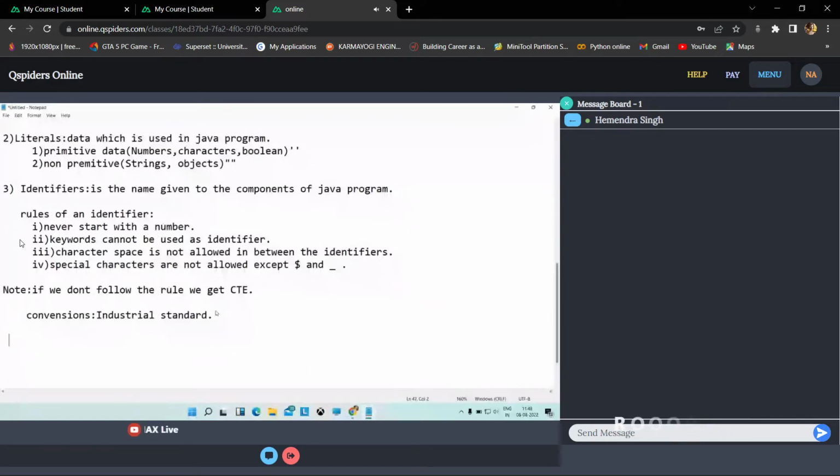For every class name, the starting letter of the class should be in capital. Even in class names, it is divided into multiple types. Assume it is a single name. So if it is a single name like demo, program,